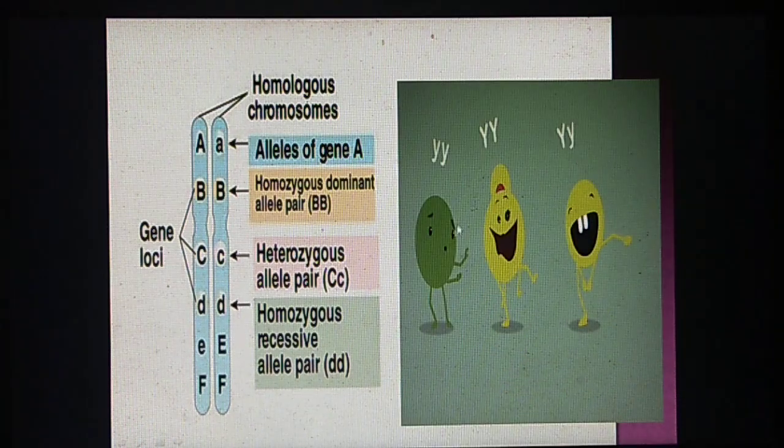So, for example, we have here seed color, yellow and green seeds. If you see here, the genes or alleles that are present are capital Y capital Y, so it is homozygous, and capital Y small y, so it is heterozygous. Now since the gene or allele or factor that is dominant here is capital Y, both the seeds are yellow in color, whereas the green seeds have small y small y, which, though homozygous, is the recessive characteristic.